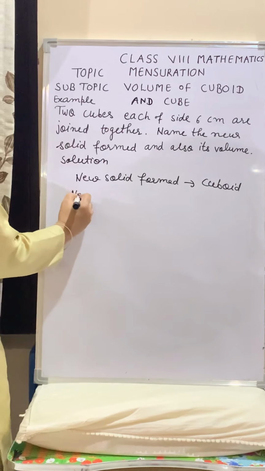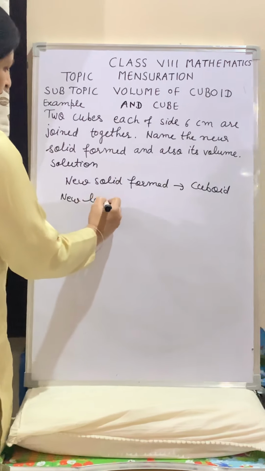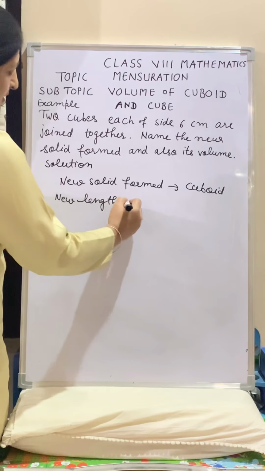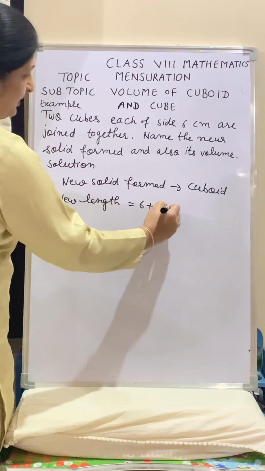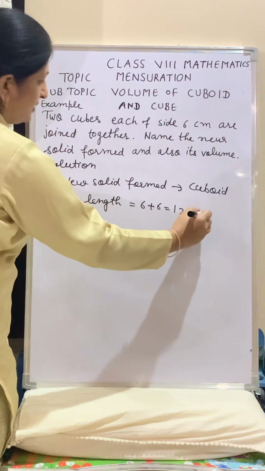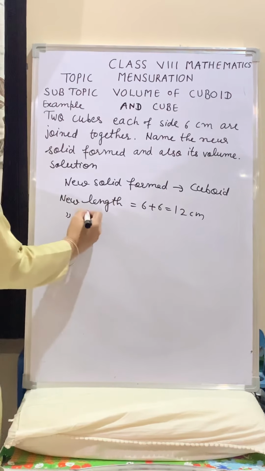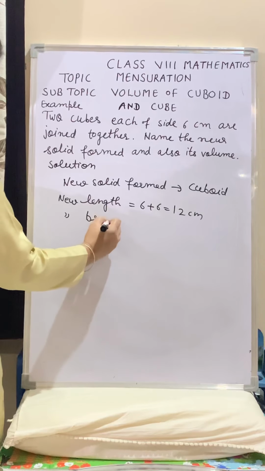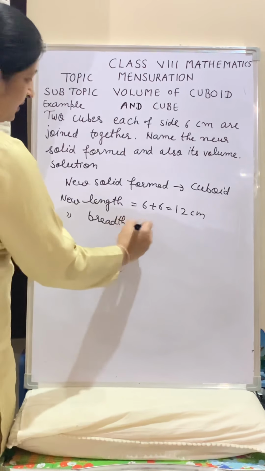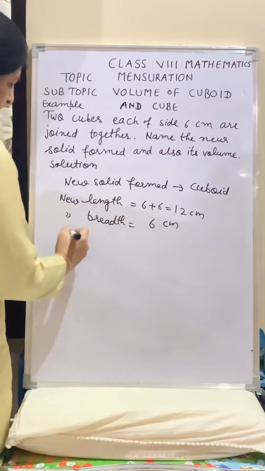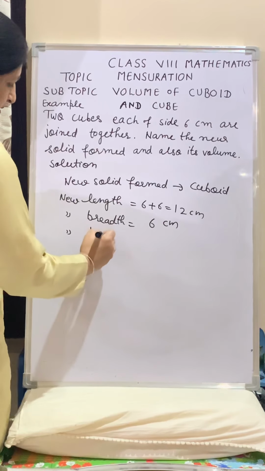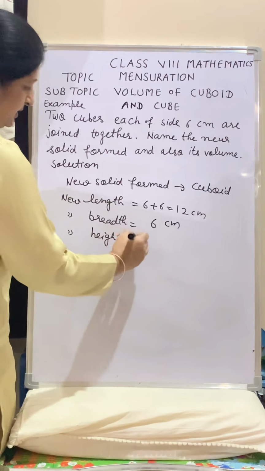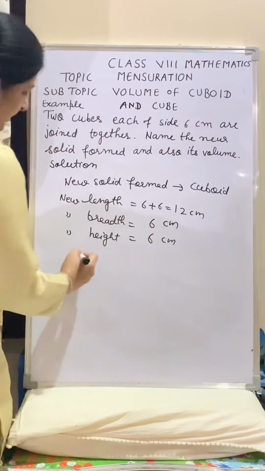New length. What will be the new length? 6 plus 6, which is 12 centimeter. New breadth is only 6 centimeter. New height is 6 centimeter. Then its volume